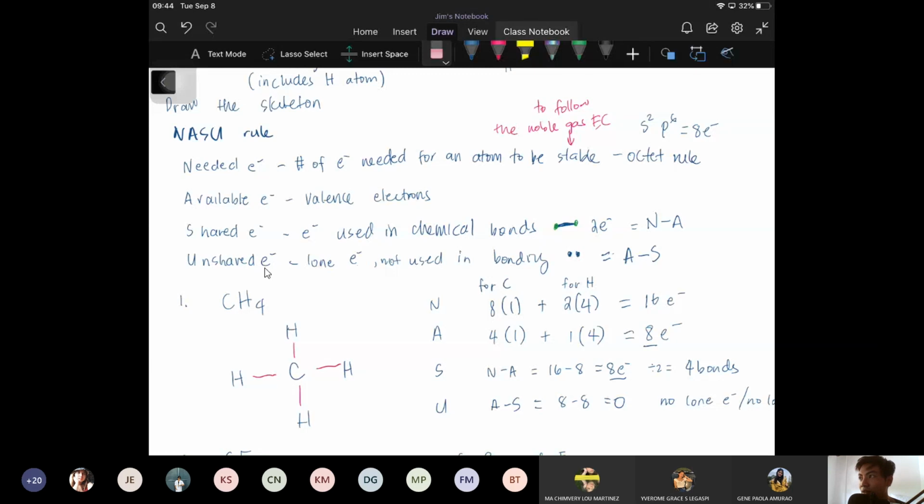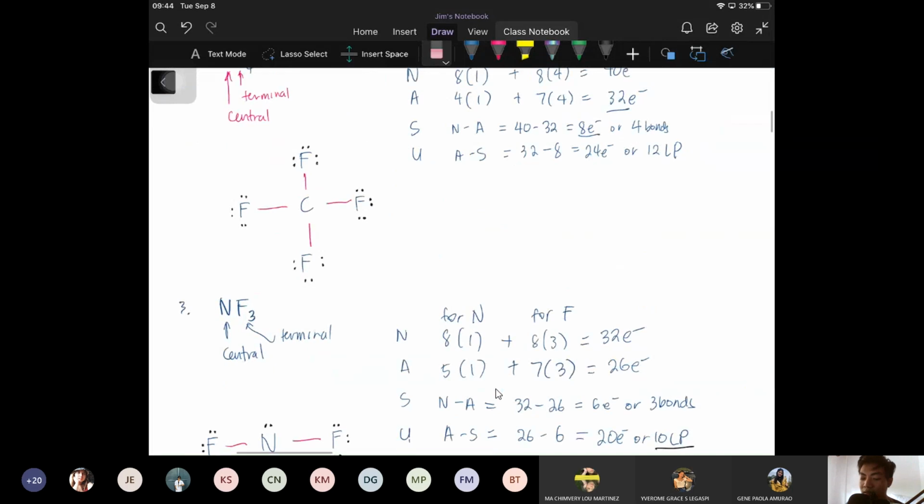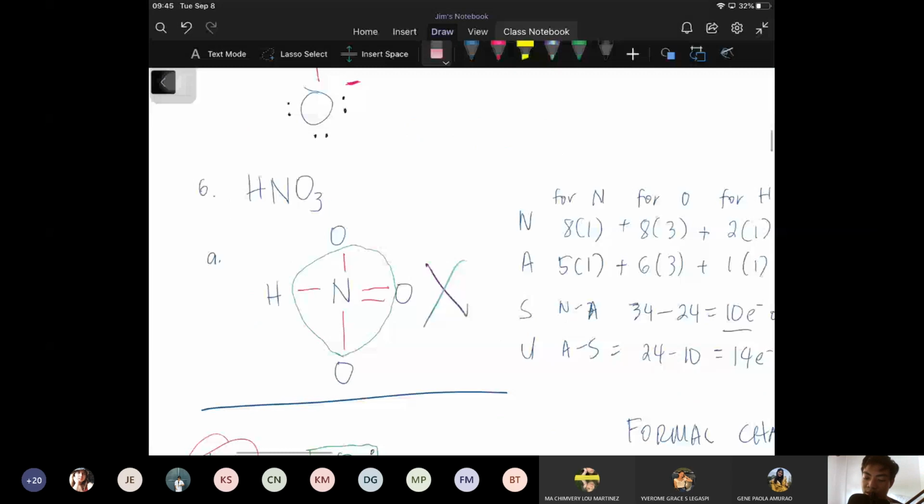Unshared electrons, these are the lone pairs or the lone electrons. They are not used in chemical bonds. So, to solve for the unshared electrons, that's A minus S: available minus shared. So, you get the unshared electrons. If you want to determine how many lone pairs you can make from unshared electrons, you divide it by 2 lang. In case na mayroong multiple structures na possible, for example,